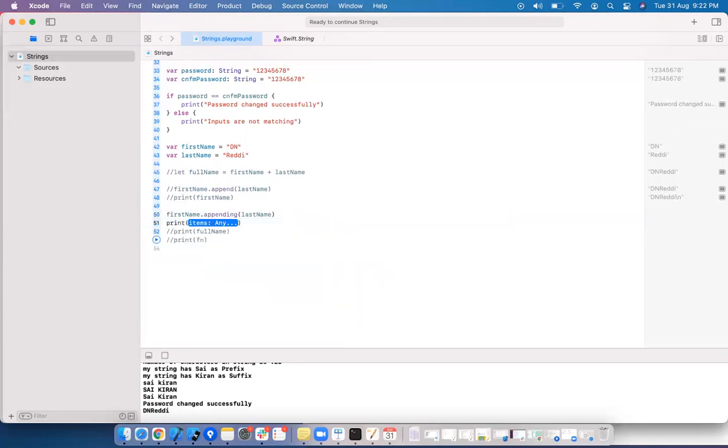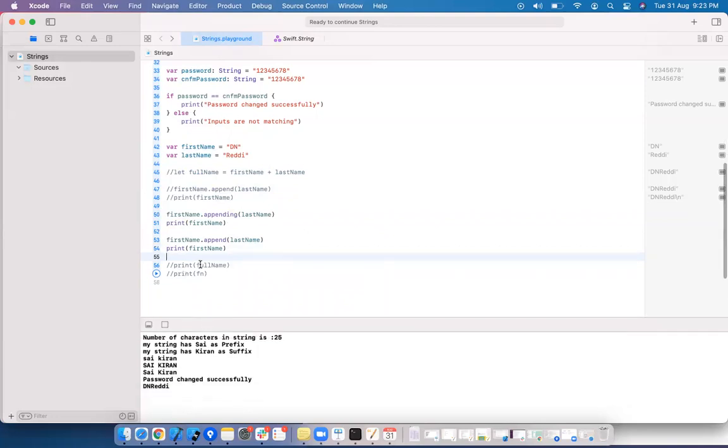Now I am printing first name. You can see the difference here clearly. The difference between a mutable method and an immutable method. Mutable methods will not return anything because the given object on top of which we are calling that method, the object itself gets changed with the latest value.